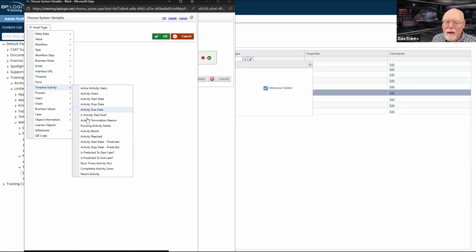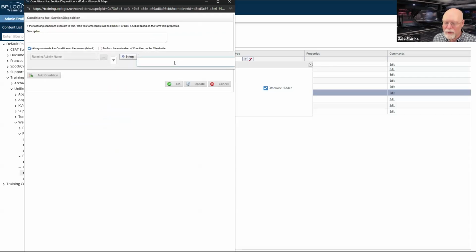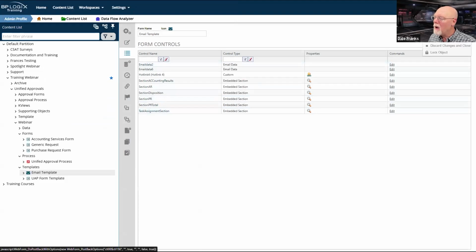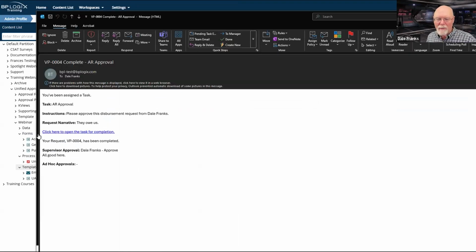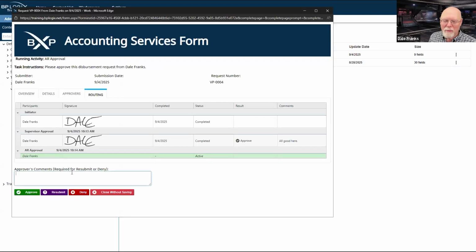Running activity name equals submitter notification. Okay. All right. So it went to AR approval, which is right, but unfortunately, I still have the your request has been completed here. So let's see if the fix that I just made to the form template affects when I approve this.